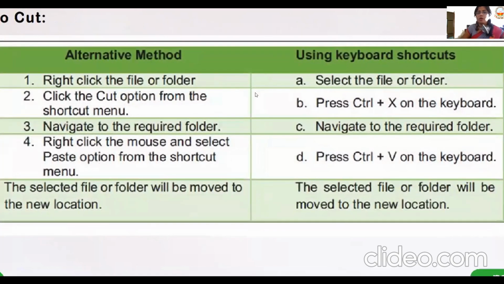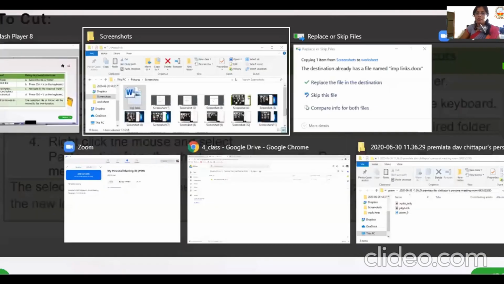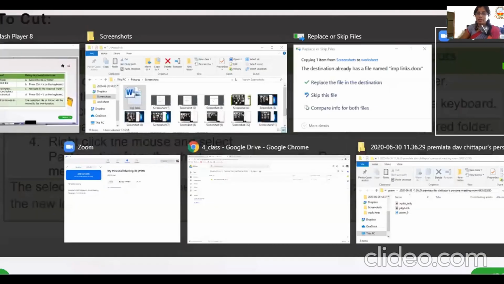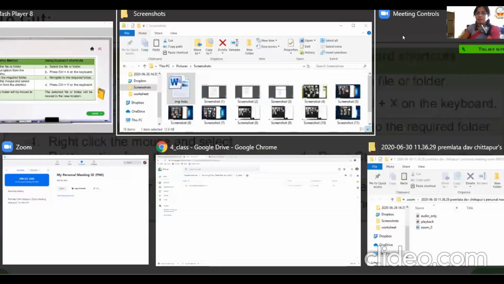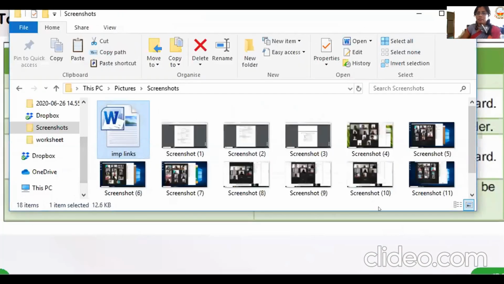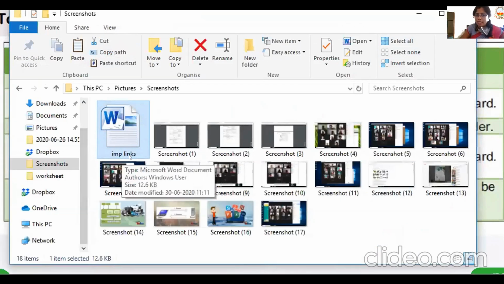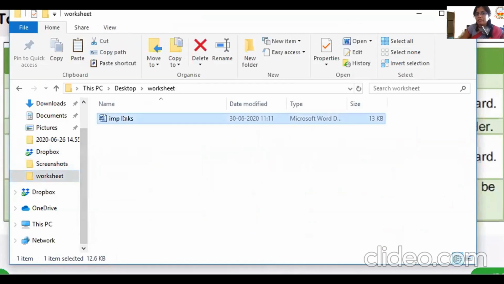Now we saw about copying. See, children, observe here, okay? Now one thing you're supposed to observe here is important links. It is here also. In worksheet also important links are there.